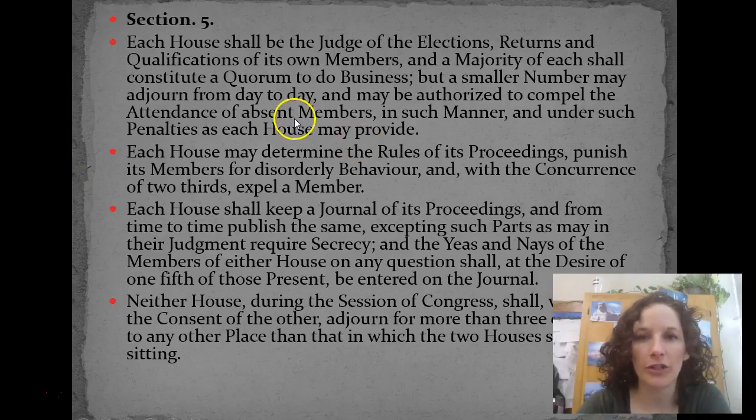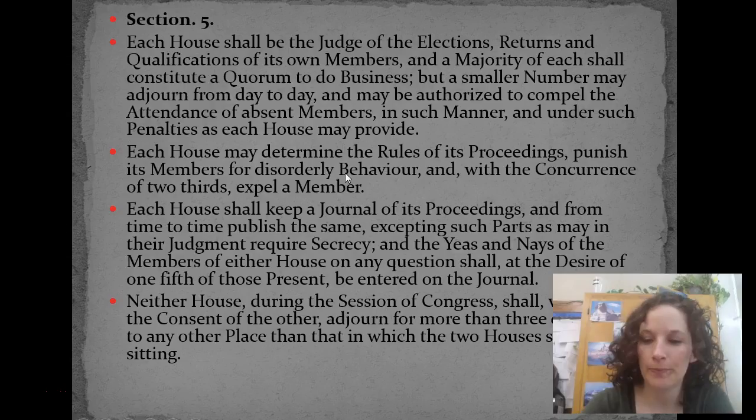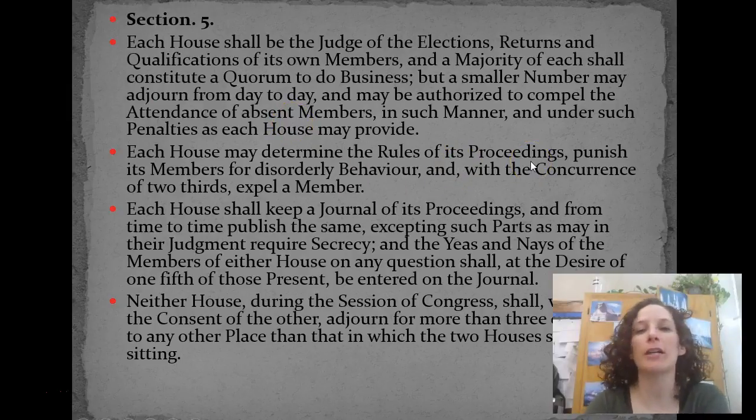Okay, Section 5. Underline here, each house may determine the rules of its proceedings. I mean, underline, box that really big. The Constitution, its biggest article is Article 1. But what's not in Article 1 are a whole lot of details about how Congress works. The House decides how they operate. They decide their officers and kind of their procedures, and the Senate does the same thing. And it says right here that each house will determine its own rules